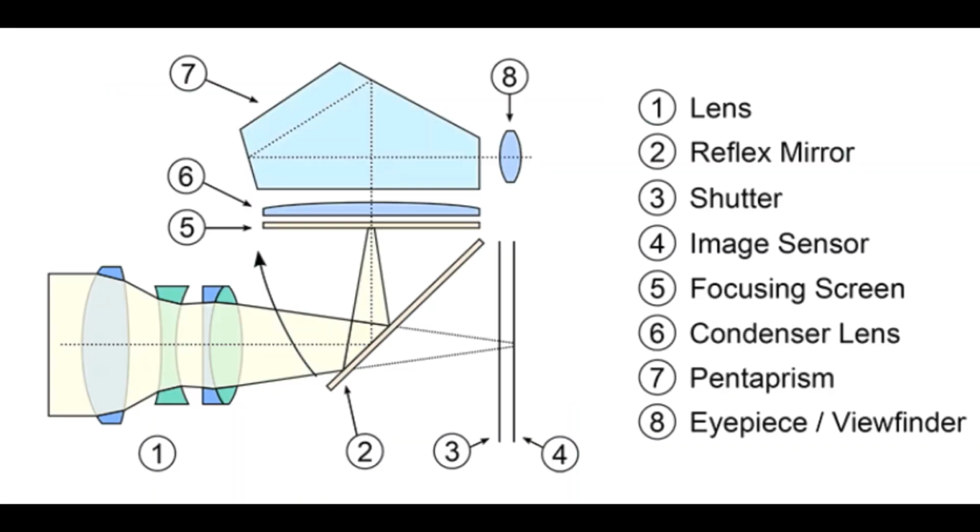So guys, now your aperture is set and you are ready to take the photo. So what you do is press the shutter button to click a photo, and what happens inside is that once you press the shutter button, the reflex mirror, which is numbered as number 2 here, lifts up, and the shutter opens, exposing the image sensor to the light which is entering through the lens. As the mirror is lifted up, the light from the lens goes directly and hits the image sensor. It is up to the shutter to decide for how much time it should remain open, depending upon the amount of light you let in.